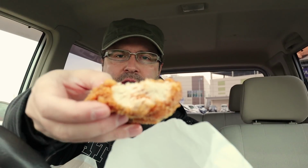It is good. I mean, it's a piece of white meat in there. I'm getting just a tiny tinge of some sort of heat in there too. So good job, KFC, for actually bringing a little bit of heat to it. I like this, actually. If you can imagine eating at KFC, it's just got a little bit of heat, but